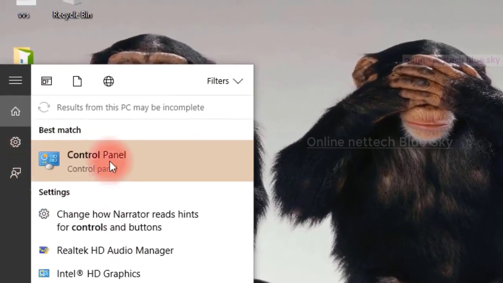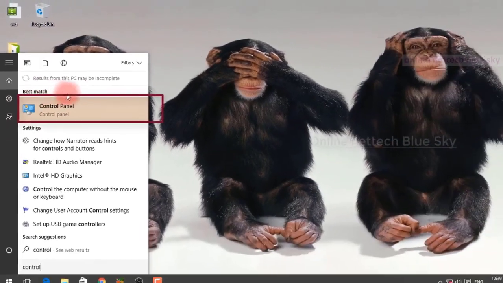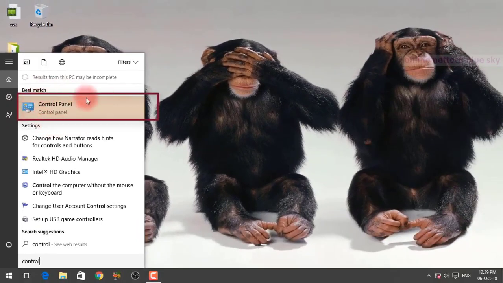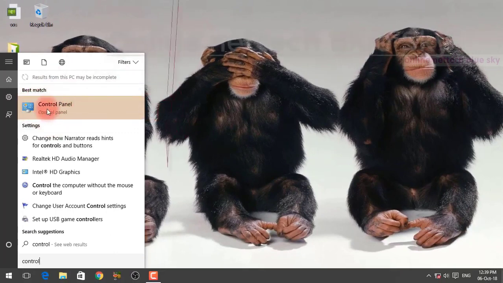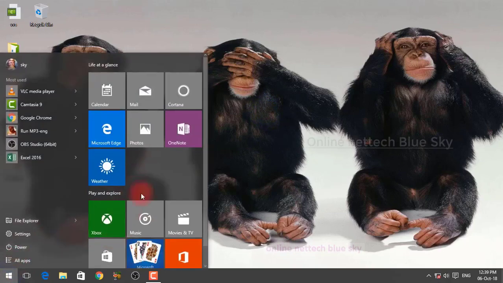You can see here Control Panel, and in Windows 7 you can see it in the Start menu right panel. So I'm just showing Control Panel. Click on the Start menu here, and this is the right pane side Control Panel in Windows 7.